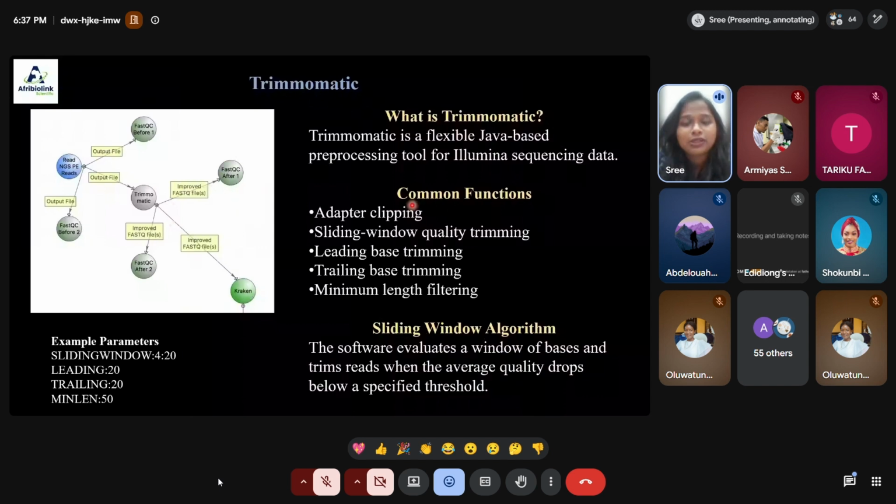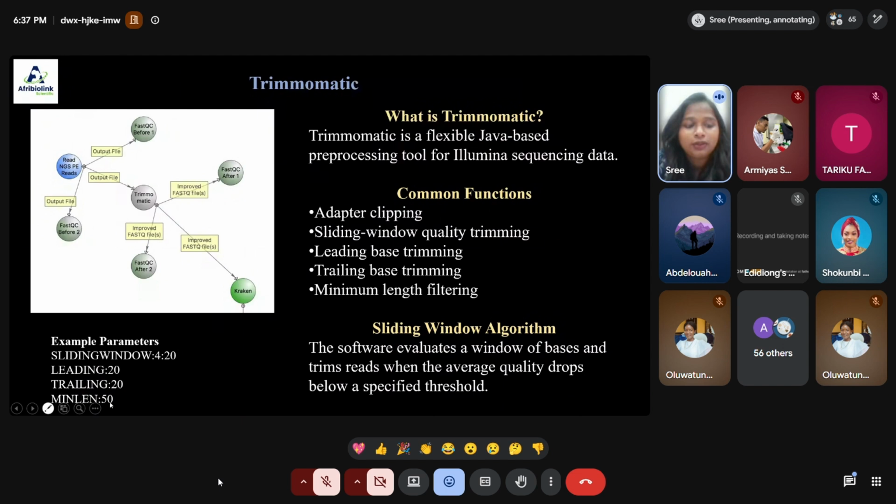It has functions like adapter clipping, sliding window filtering, leading-based filtering, trailing-based filtering, minimum length filtering, all will be there. And a standard example of parameters to consider is the sliding window of 4:20 length, and the leading should be 20, trailing should be 20,